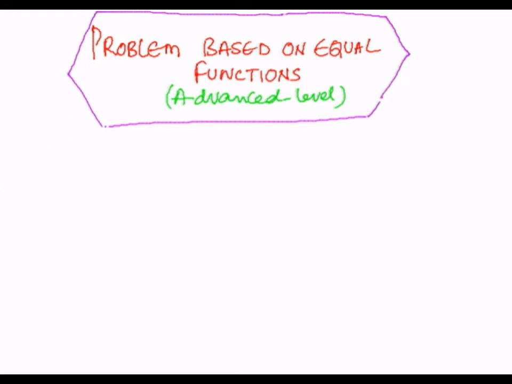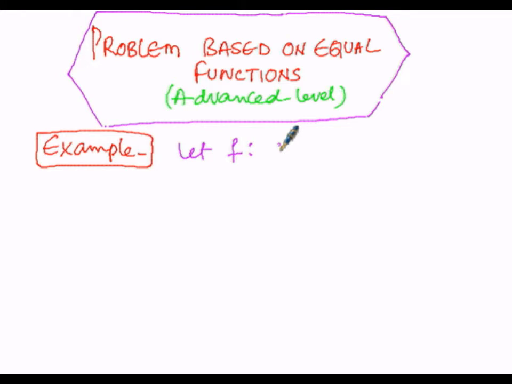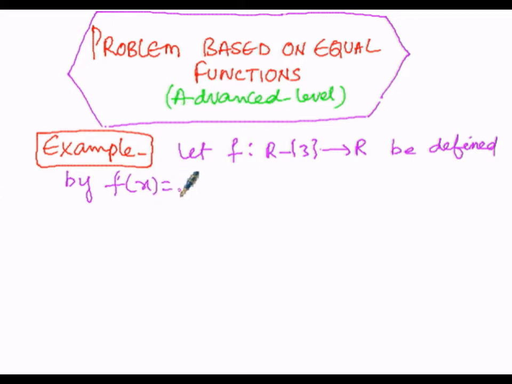So here is the first example. Under this example, let the function f from the reals except 3, that is the domain of the function f, into the real numbers be defined by f of x equals x square minus 16 overall divided by x minus 4, and the other function g, which is from the reals into the real numbers,